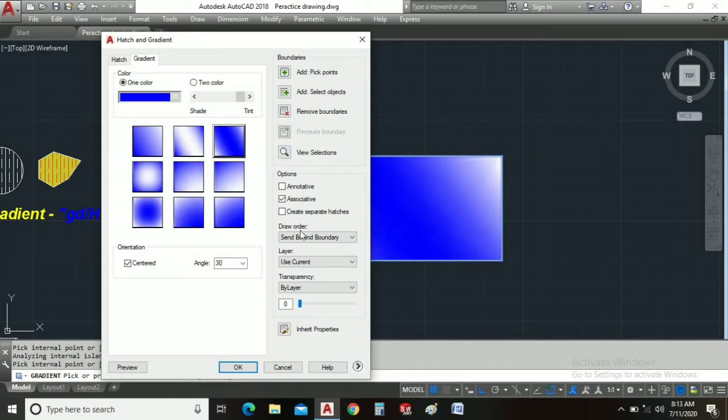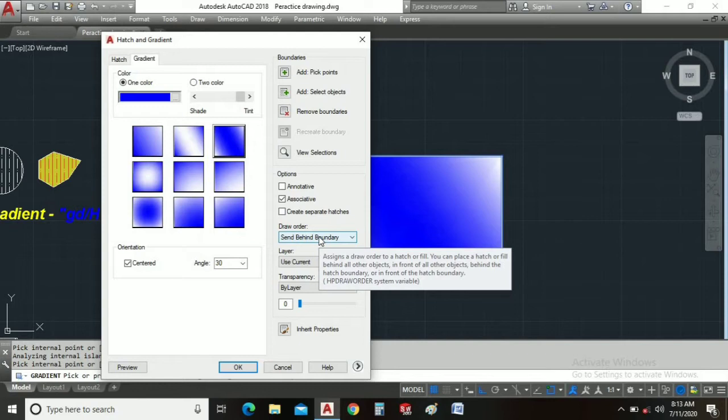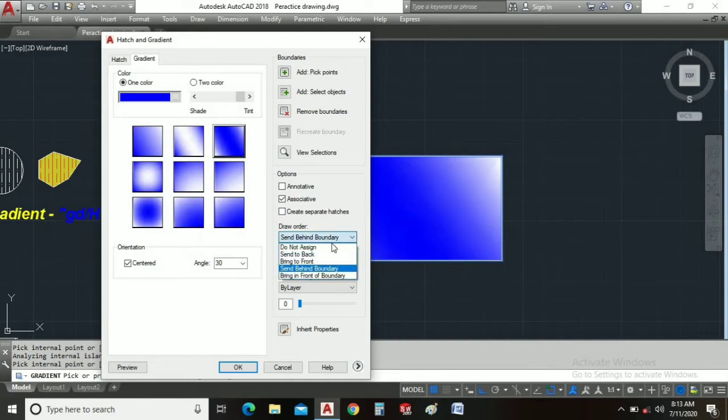There is an option of draw order. If you want to send your gradient to the back side and you want to draw something here, you can use this for bring to front or send to back. These are some options that we can use for placing our gradient.